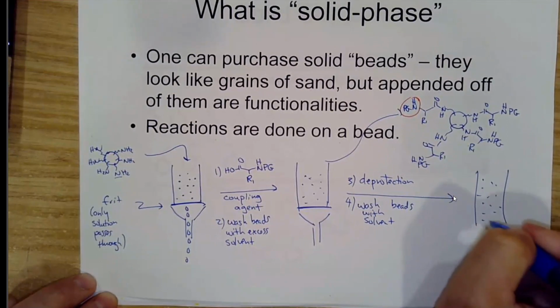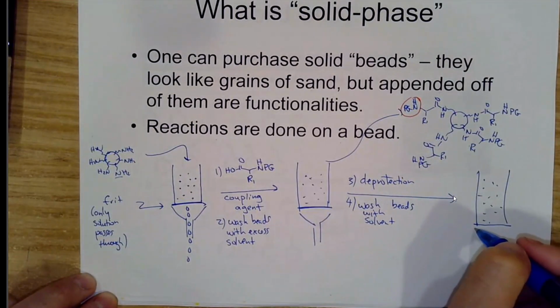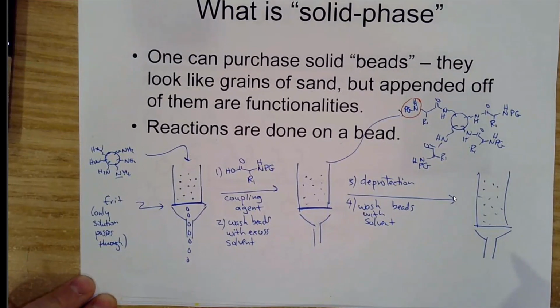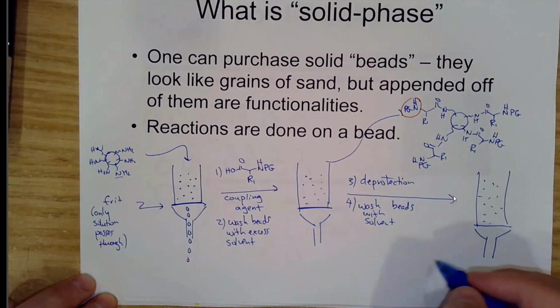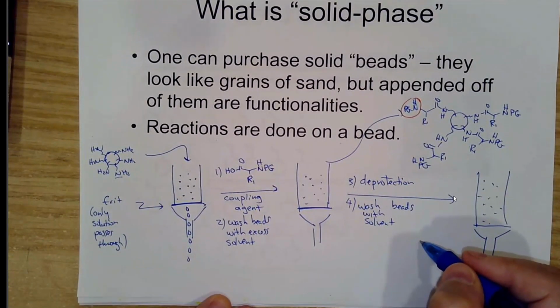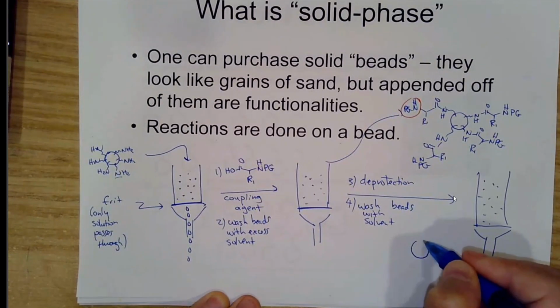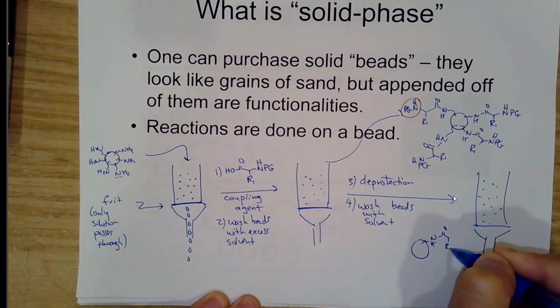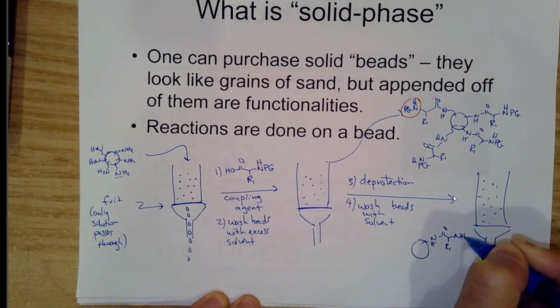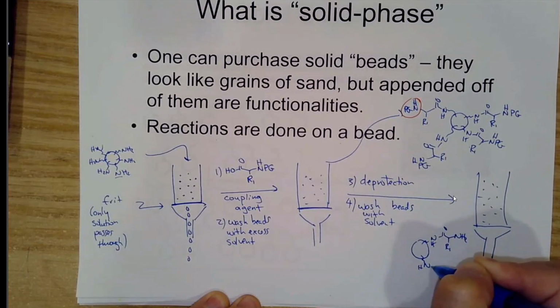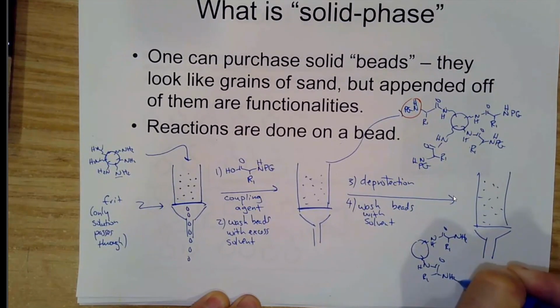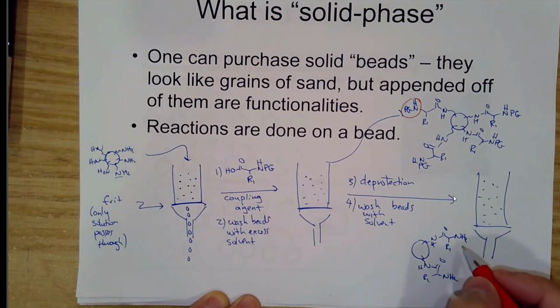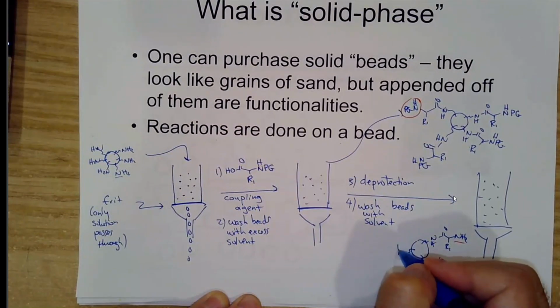So here is your column, again, with your frit and then your funnel. And these beads here, just to be clear, let's draw what these will look like. They will have amides, R1, NH2. Okay, so you can see here now that by removing that protecting group, you have now made new amines, and these new amines can now be subject to